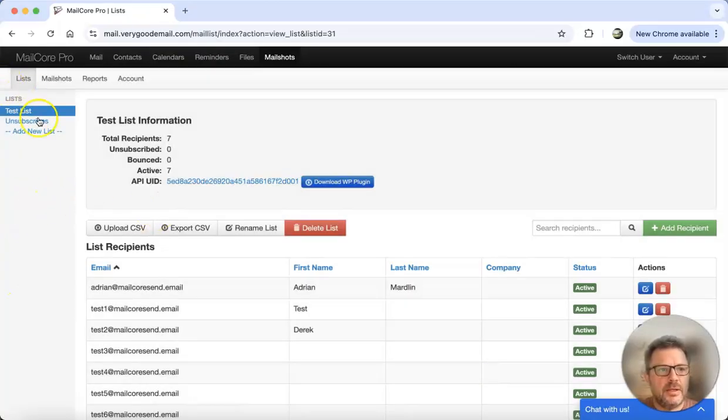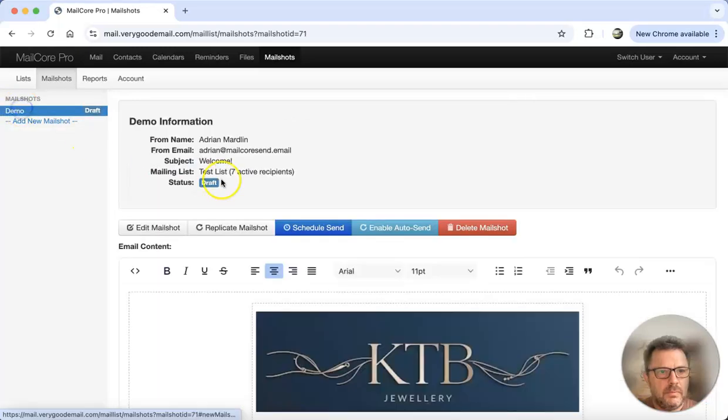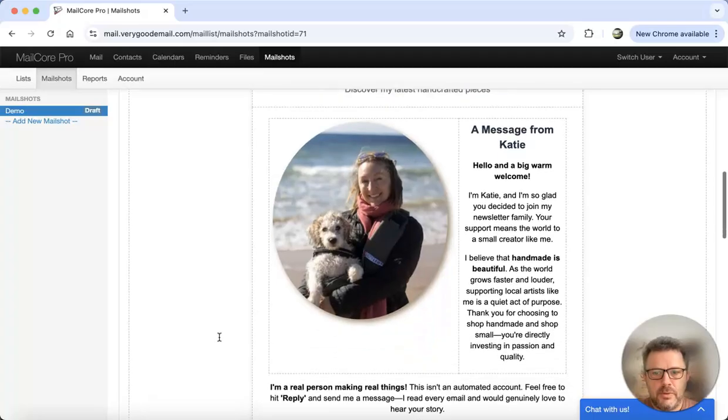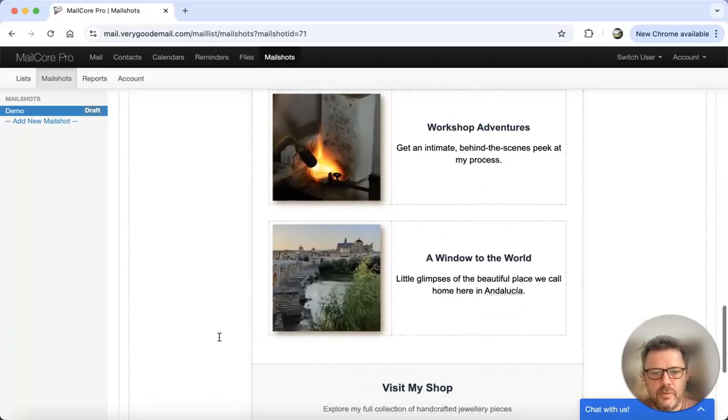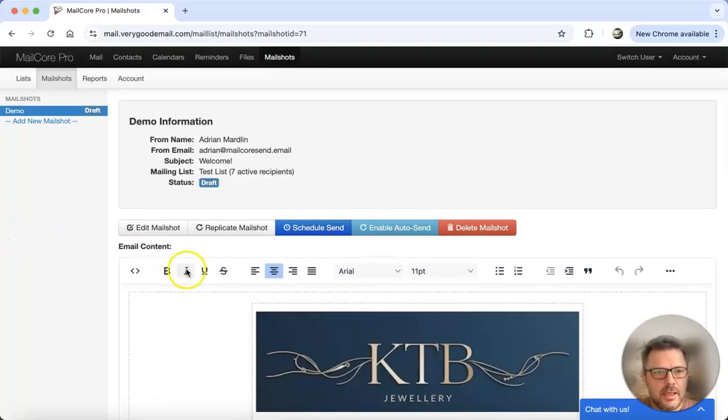So once you have your list, you need a MailShot. Now, for our demonstration, we're going to use a MailShot for KTP jewelry, and here's a beautiful email that's been designed for this MailShot. So let's go ahead and send this MailShot. First of all, let's edit the MailShot,